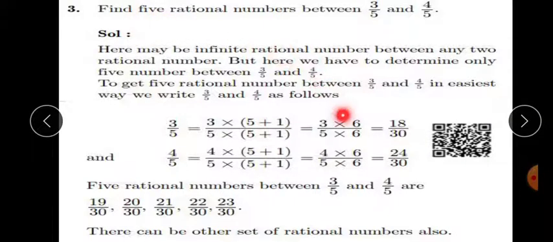that is 8 by 8 both sides, that means numerator denominator both. If the question is find 10 rational numbers, you write 10 plus 1, that is 11, so 11 numerator as well as denominator. So in this manner we can solve any questions regarding to find rational numbers between two given rational numbers. Got it clear? So we'll move to the next question.